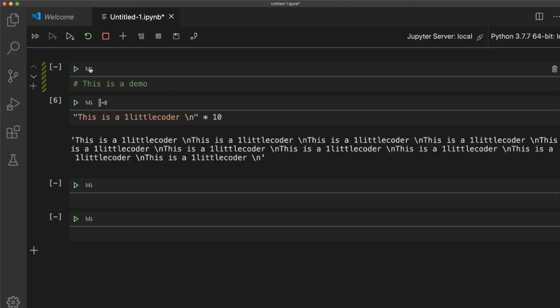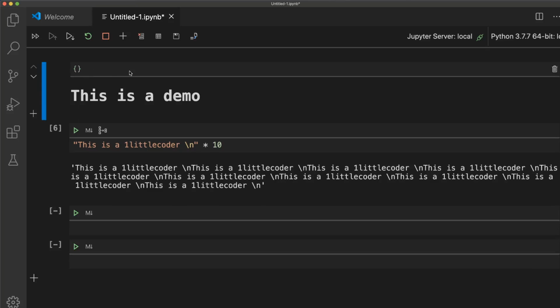So we just saw that you can convert it to markdown. You can use a keyboard shortcut, or you can click this button and write your Python code. The next important thing is, a lot of people actually use Jupyter notebook not just for normal Python scripting, but for data science. And when you do data science, there are two things you primarily deal with. One is data, the second one is visualization.